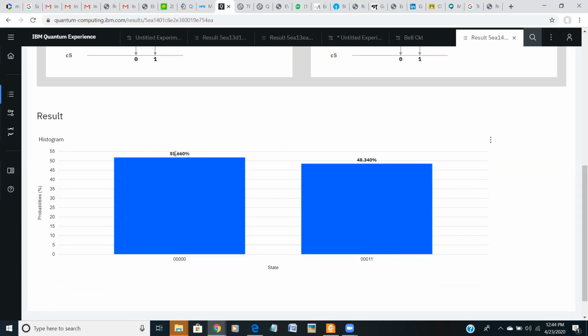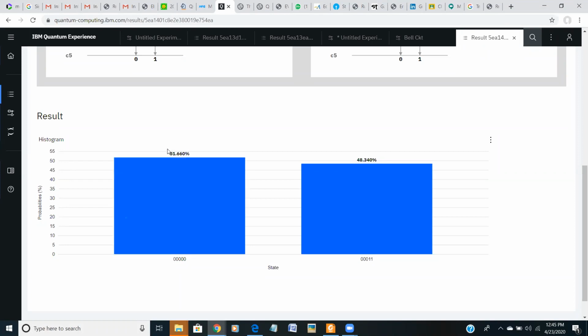Someone is 51.66, someone is 41. So you're getting the last two bits as MSB, LSB, which are 1 1 and which are 0 0. So you're getting only the 00 and 11 as 1 by root 2.